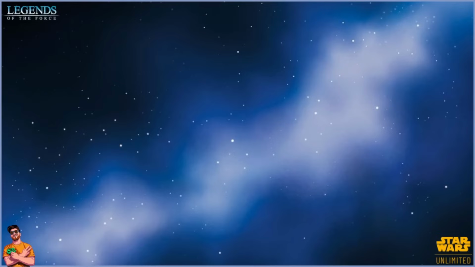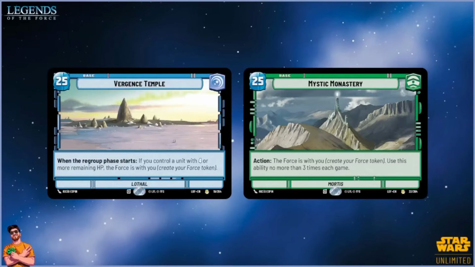So now let's get into the reveals we've had for this last week, and there are quite a few nice ones. So the first thing we're getting is the bases. So FFG went and released all the rare bases. So rather than getting one at a time, over a few weeks, we got all of them in one go on the stream because they wanted to show how easy it is to generate force and what